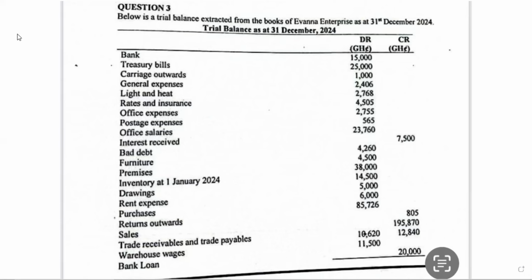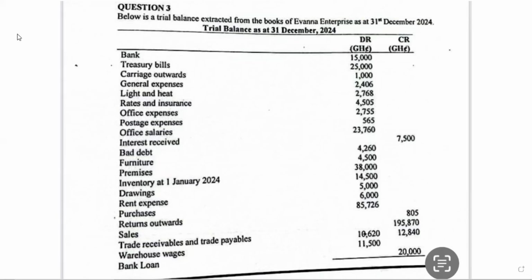That is bank 15,000, treasury bills 25,000, carriage out 1,000, general expenses 2,406, light and heat 2,768, rates and insurance 4,505, office expenses 2,755, postage expenses 565, office salaries 23,760, interest received 7,500, bad debts 4,260, furniture 4,500, premises 38,000, inventory at 1st January 2024 14,500, drawings 5,000, rent and expenses 6,000, purchases